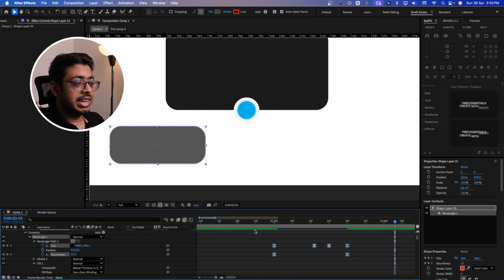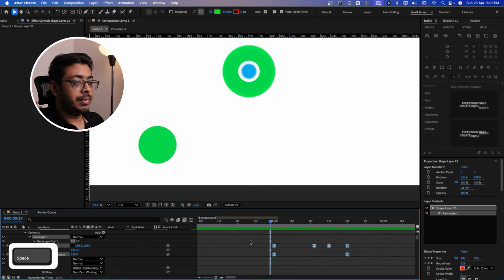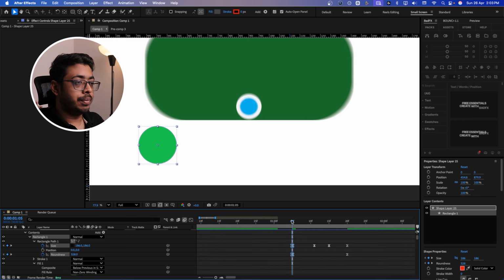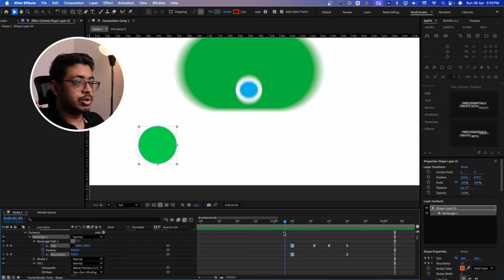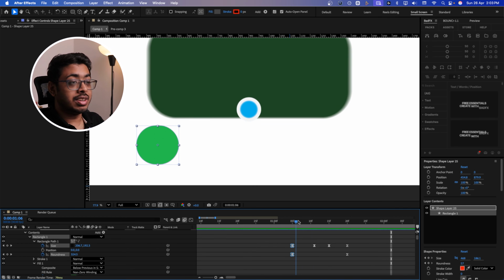So there is no science behind it. There can be multiple ways of doing the exact same thing. But if I play now, see, it looks pretty cool, right? So for example, if I keep this one over here, and if I play this now, see, looks cool. So this way we understood how we could do shape morphing from a circle into any shape